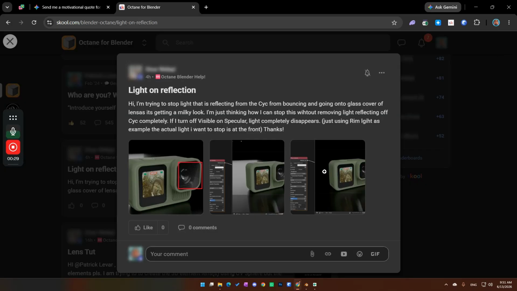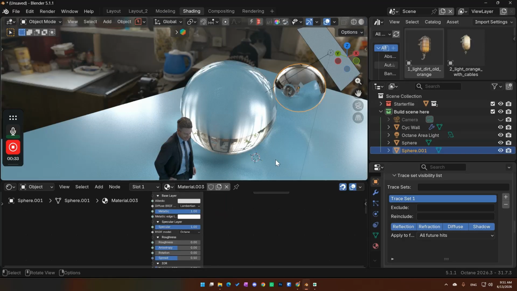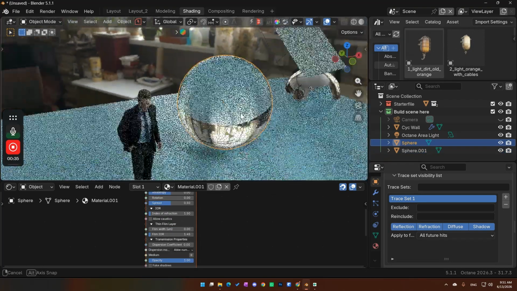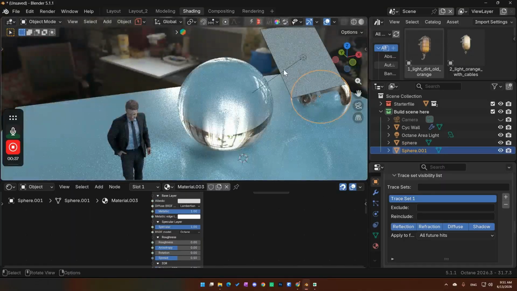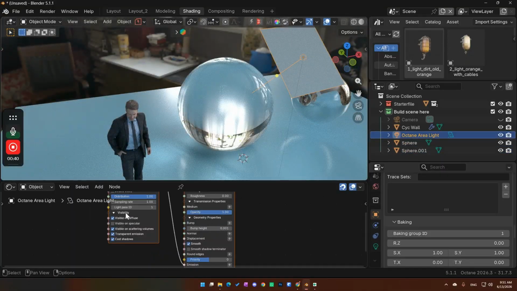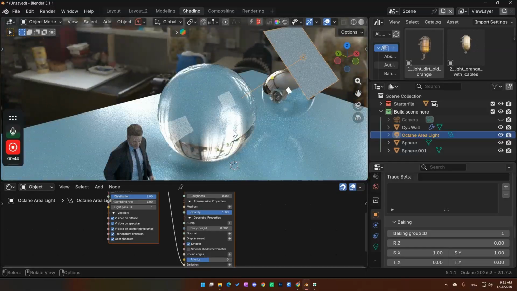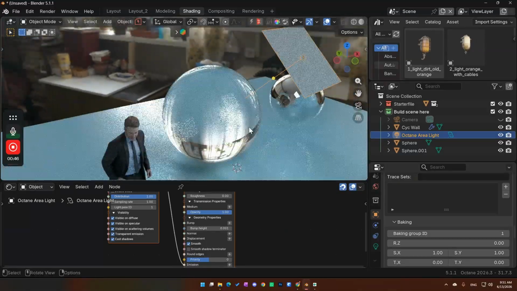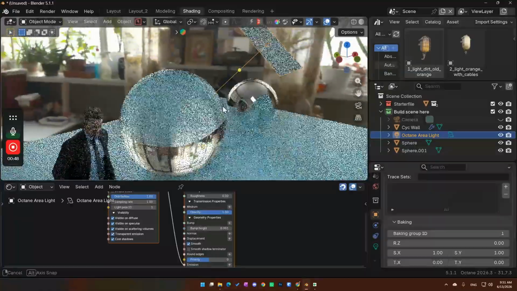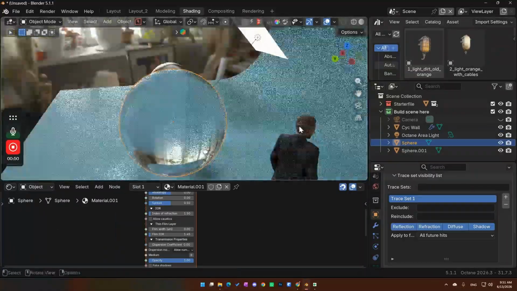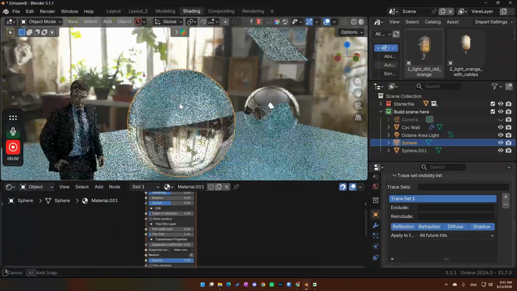So it's kind of hard to judge just from this shot here, but I think you might probably want to look into trace sets. For example, I got a glass ball and I've got a sphere here, and I've got a light on it here. And again, you can remove from specular, but trace sets are a little bit more cool. I figured this out. So for example, say I don't want this cyc bouncing into this